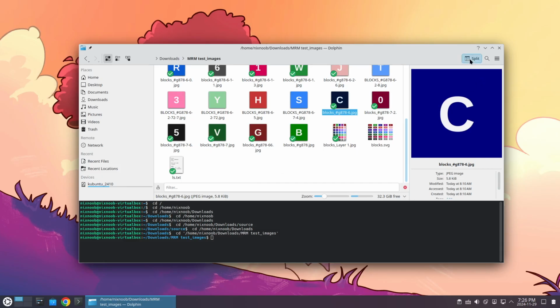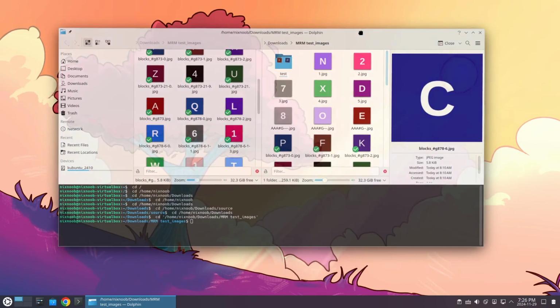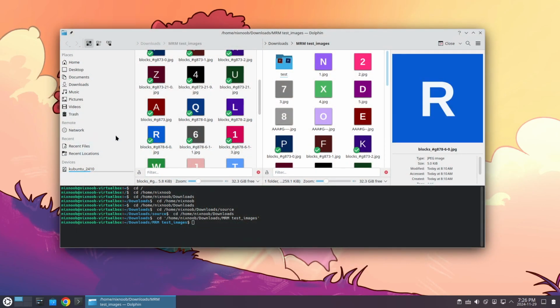One thing nice about the way files work in KDE is, let me go to a different view there. This will get easier as soon as we add all our buttons to the top. I like to have a back, up directory button, and an undo button, and we'll add those in just a second, which makes this much more useful in my opinion. But let's go back to home